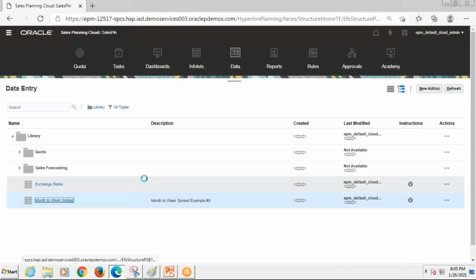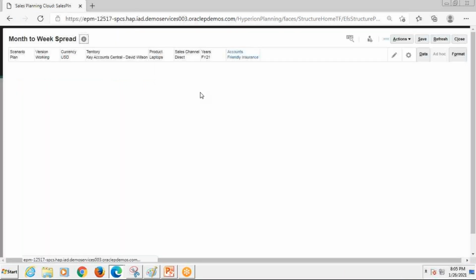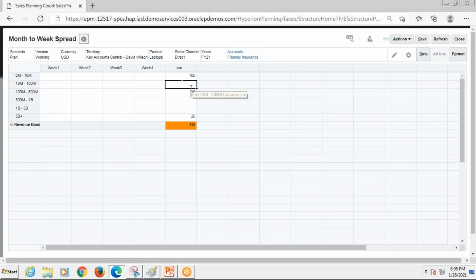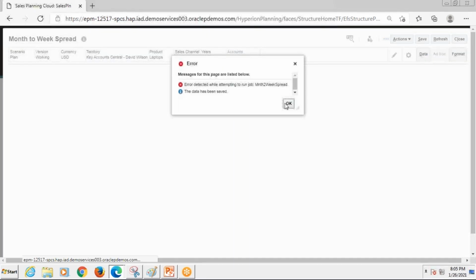As soon as we have that in place, let's go to the form and enter some numbers over here. I'm entering 40 over here and 80 over here. Because we are trapping the editing, the system will only trap these two cells, and the rule will run with only these two accounts trapped. The system will do the spreading only for these two numbers.